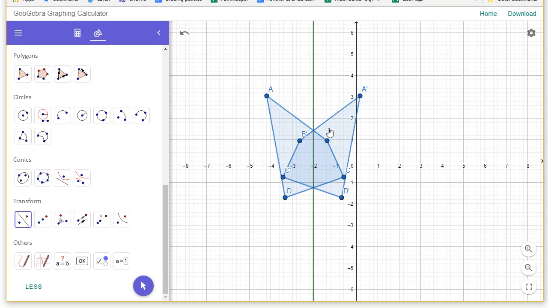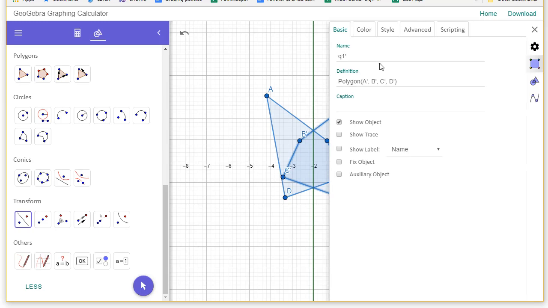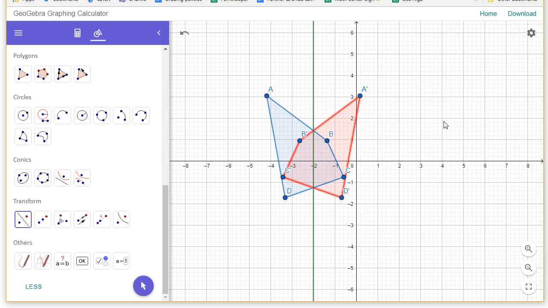Okay, so I'm going to right mouse click on that to make this pretty. Let's make it a different color so it really shows up as something different. Oh, that is so neat, isn't it? Now, I think it's kind of a coincidence that this point just happened to be on the line between A prime and D prime, and C prime is on the line between A and D. I don't think that happens every single time, so it might be worthwhile to try a few of these